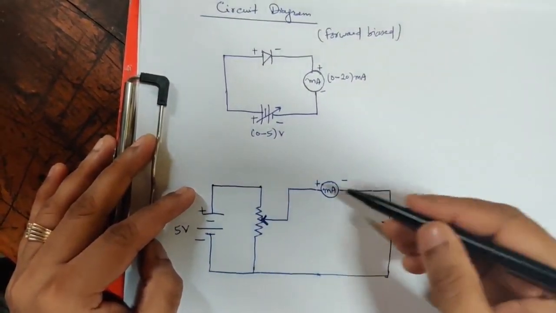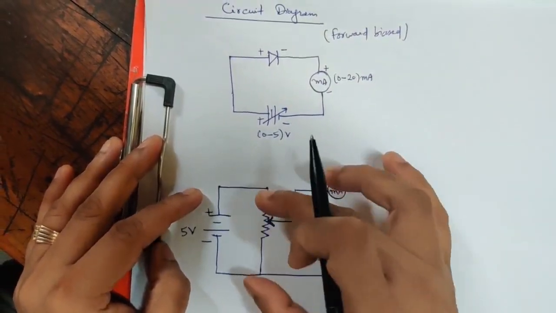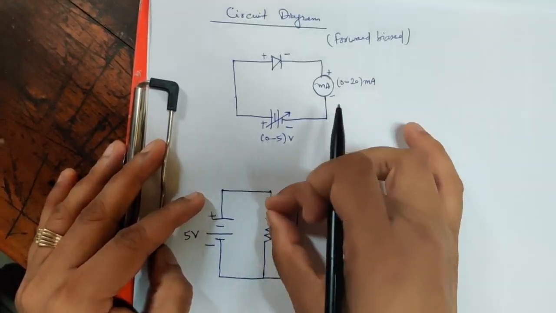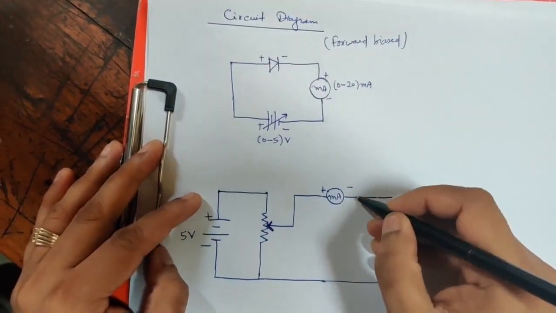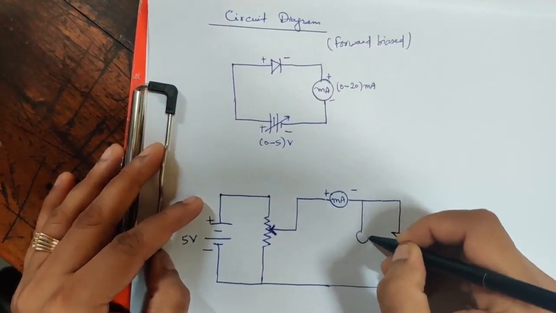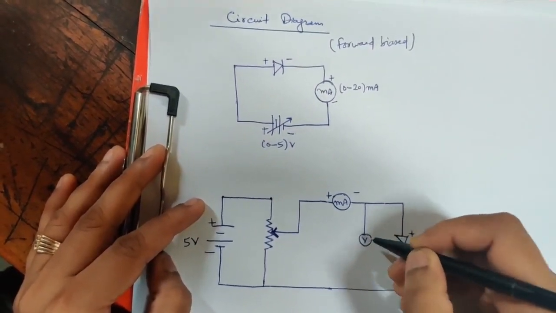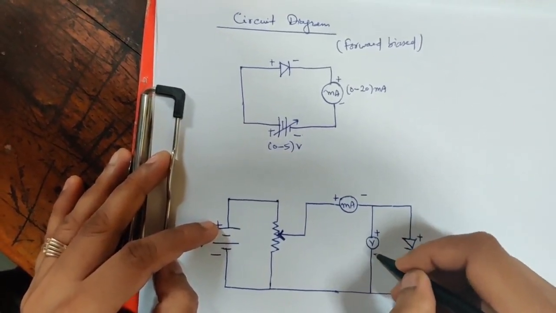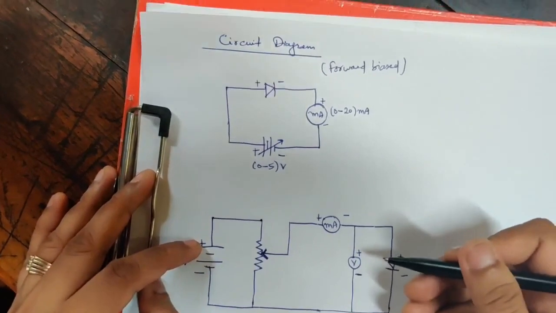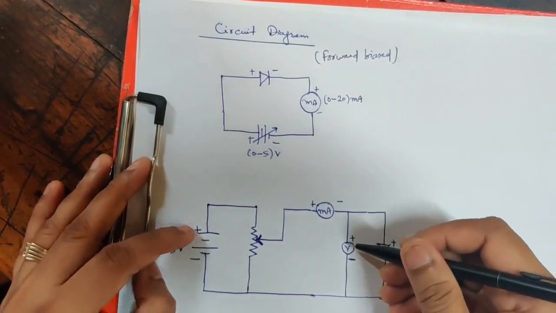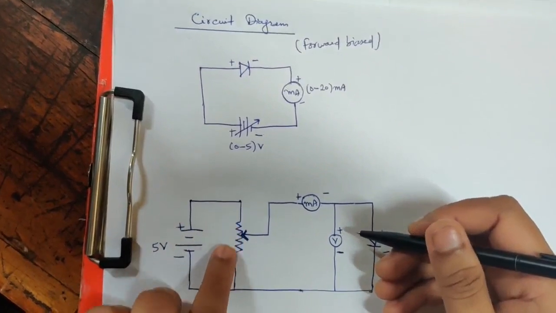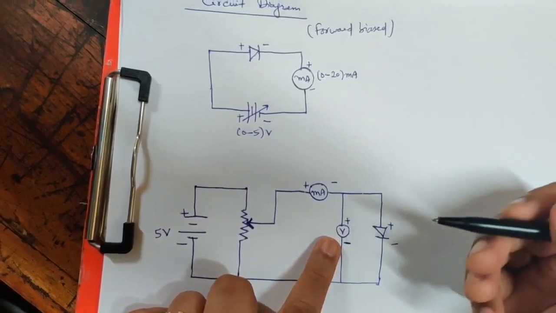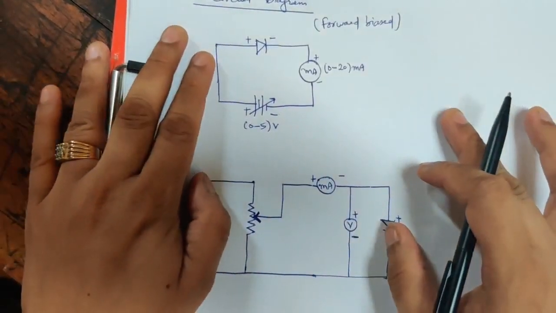this forward bias. All right, and yes, by using this, if you vary using the rheostat, if you divide this voltage, I can use a voltmeter here, right? So the voltmeter positive is connected with positive and negative connected with negative. You can use a multimeter also, right? With the help of this rheostat, you can easily vary this voltage, ranging from 0 to 5 volt. So this is the basic circuit diagram.